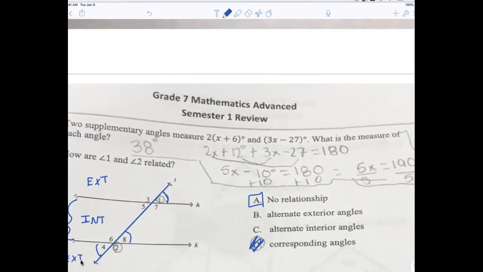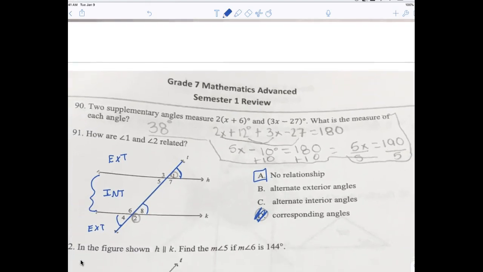Oh, I skipped number 90. Are you okay with number 90? 2x plus 12, 2x minus 27. Yes, that's correct. You with me? Yes. 5x